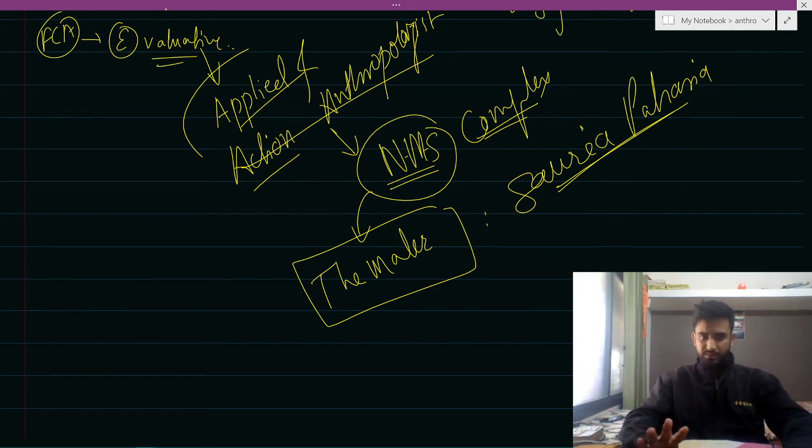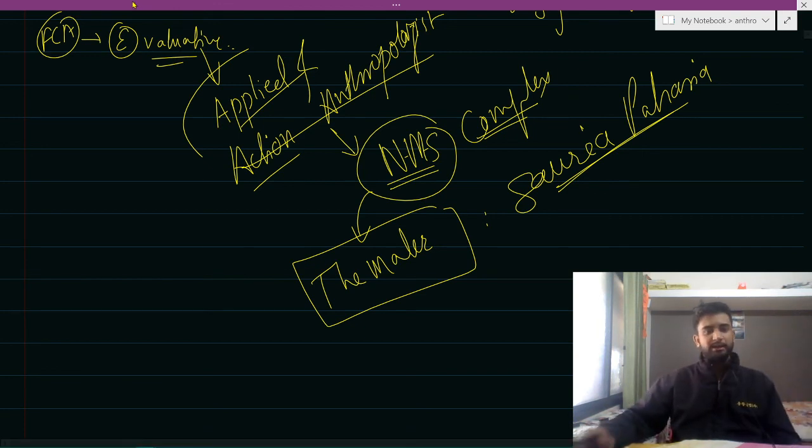And I hope that if these terms, applied anthropology and action anthropology, come up, you know that this is not the first time you have heard of them. When we do the 4 branches of anthropology, we will cover applied and action anthropology in Paper 1. Right now you need to know that there are 2 extra branches, applied and action anthropology. That is possible.